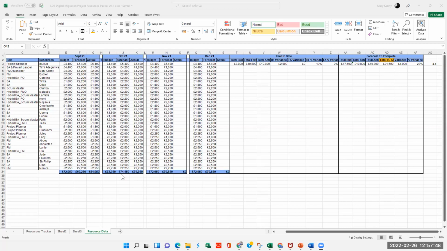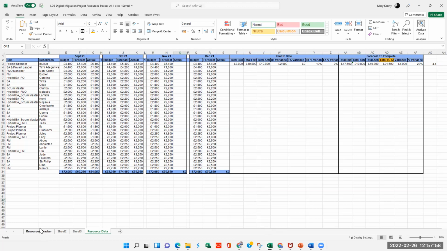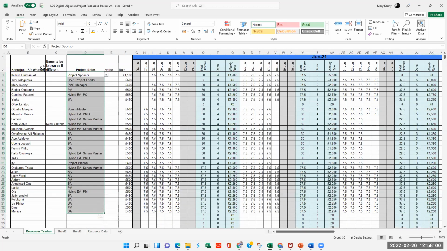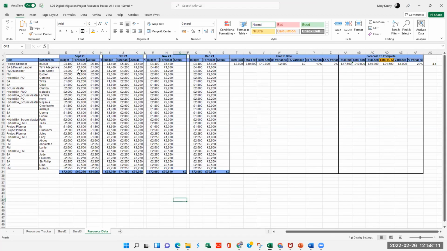Thank you. So we used this resource tracker during the Leatherback session last year. This is the old one, so I just created something new. It's just tracking the time and the rates that have been assigned to all of the different resources and all of that. So out of it, I created a resource data sheet, which is just saying these are the different